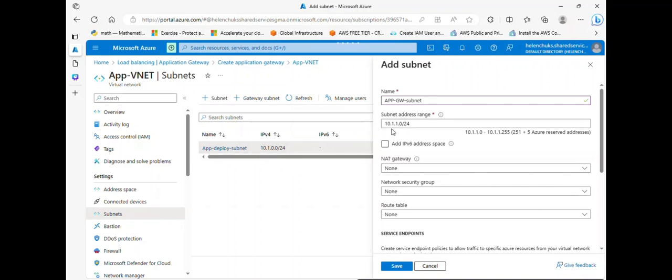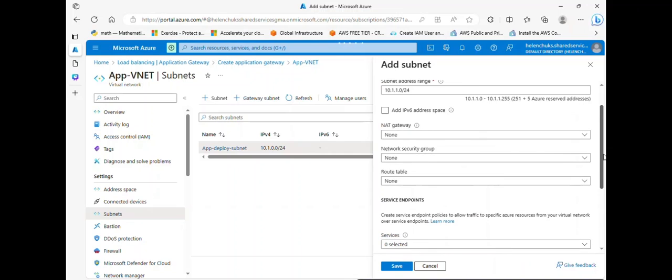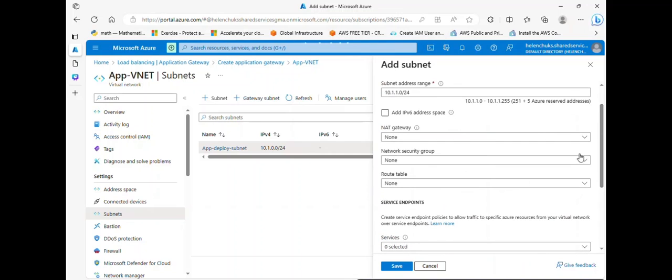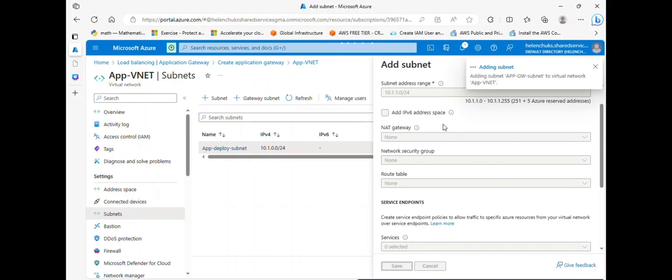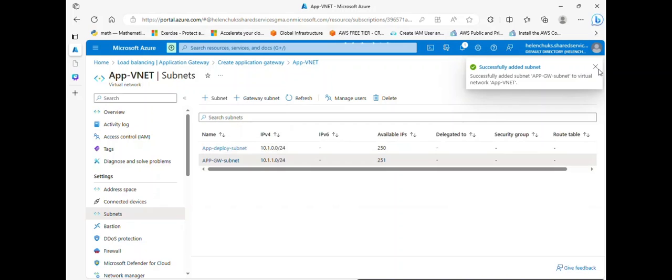So we'll be using 10.1.1.0/24. And that is all we need to do here. Not much configuration. We're not using NAT gateway, so I'll click on add. Okay, successfully